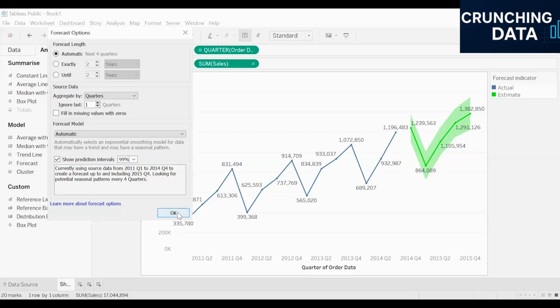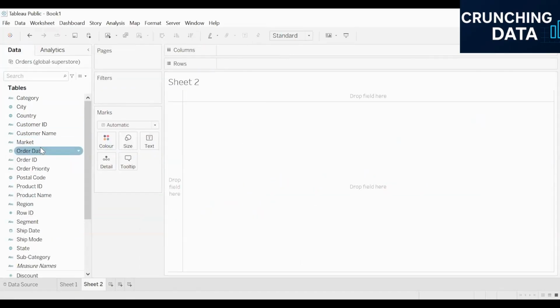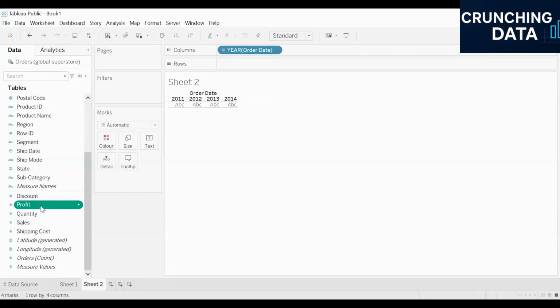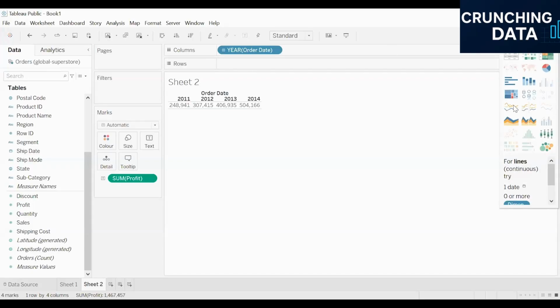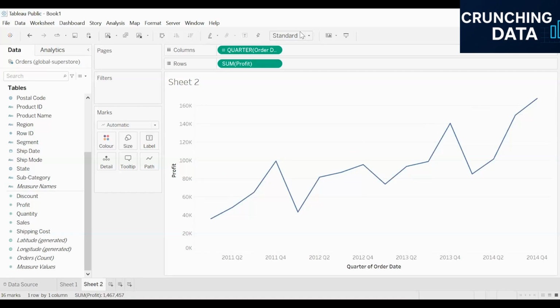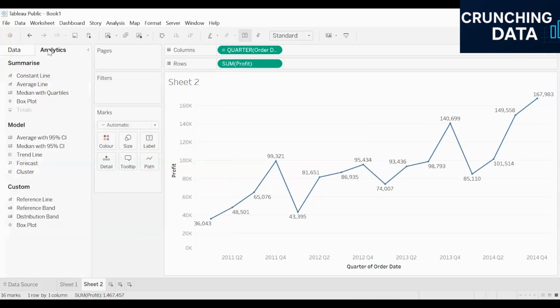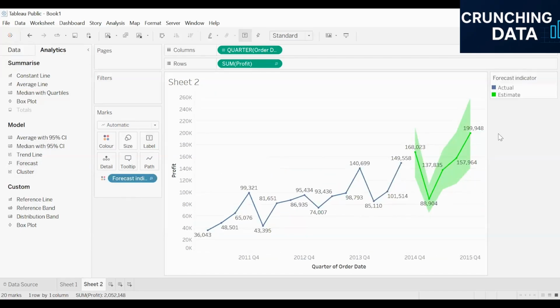Now let's try to do it on the profits also. Again, I'll click on the plus icon. This time I'm taking the order date and the profits. After choosing the order dates and profit, I need to convert it into the line chart. After converting it into the line chart, let me take the data for the quarters. So I click on the plus sign to show the quarters. I choose the label option and choose the show marks label option. And I can go with the analytics option and choose the forecast option. I'll drag and drop this on the top of the table